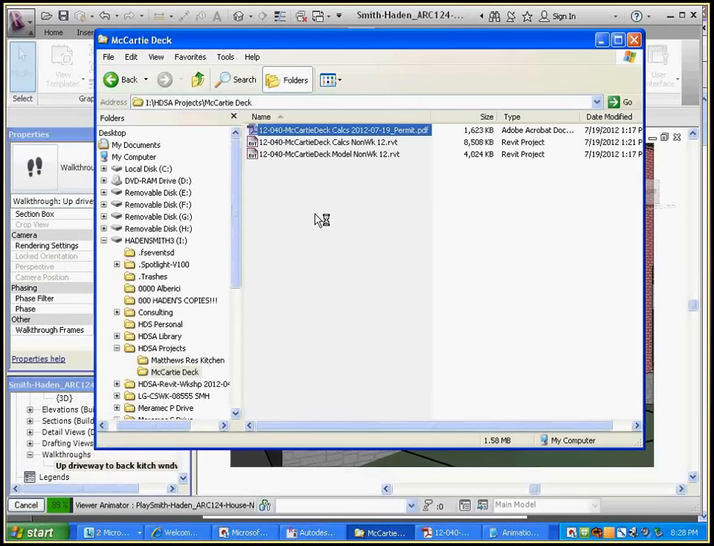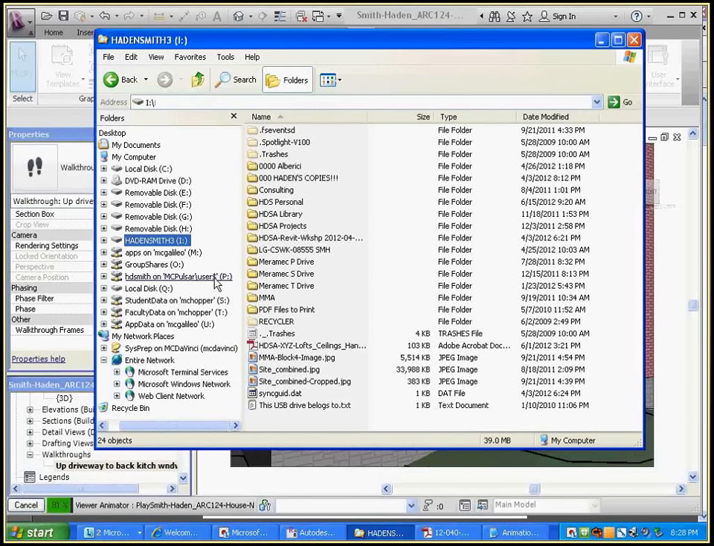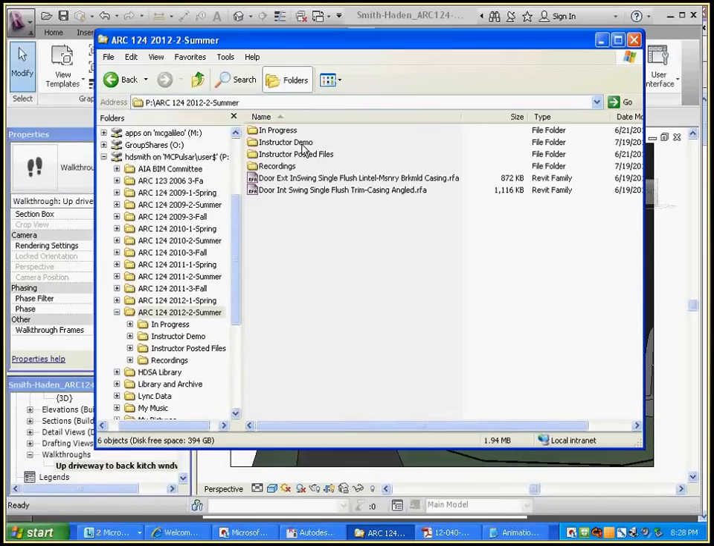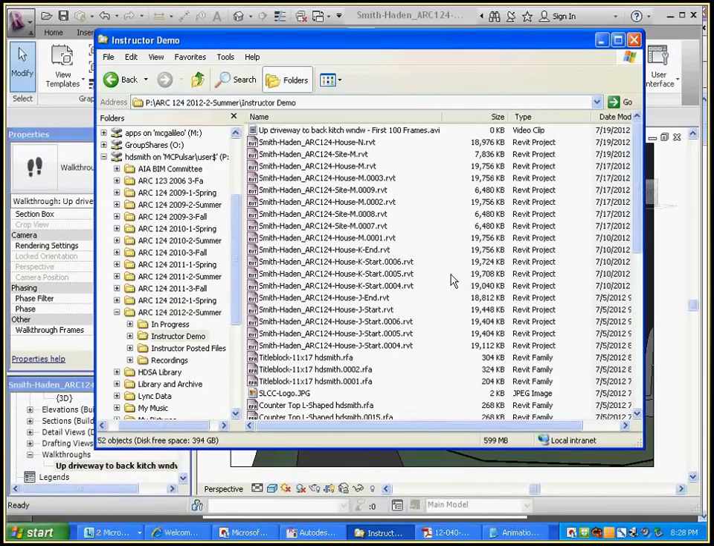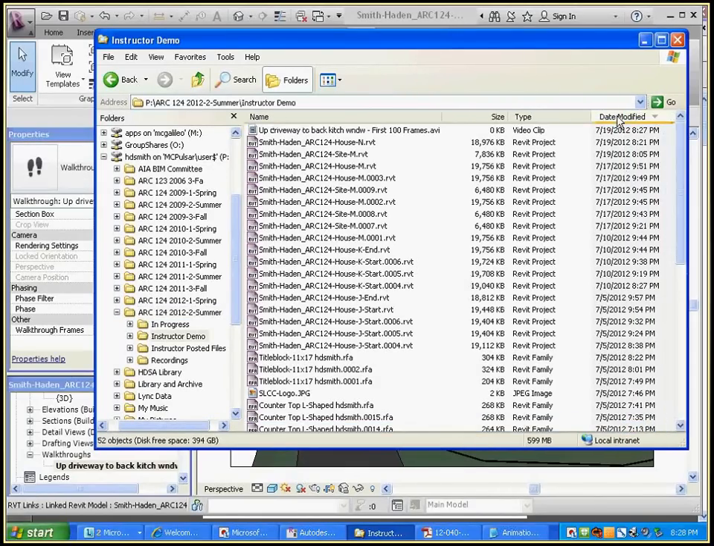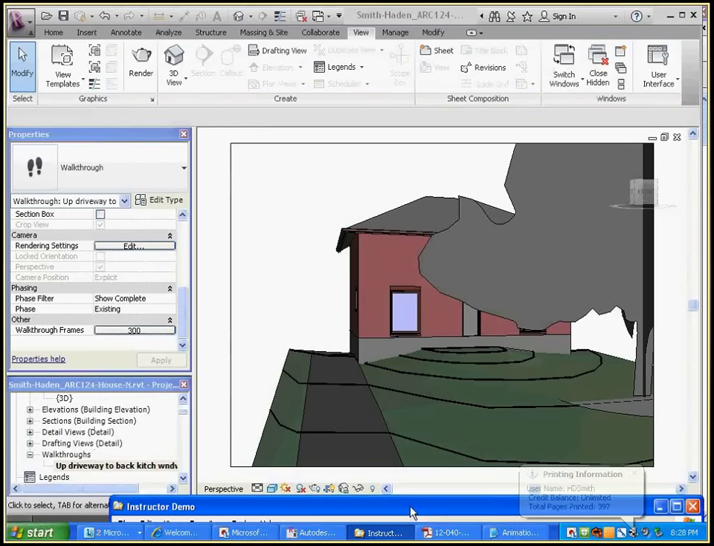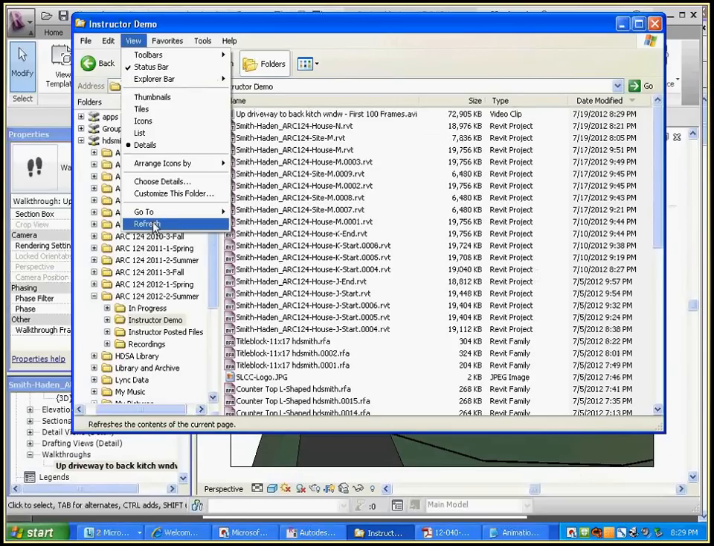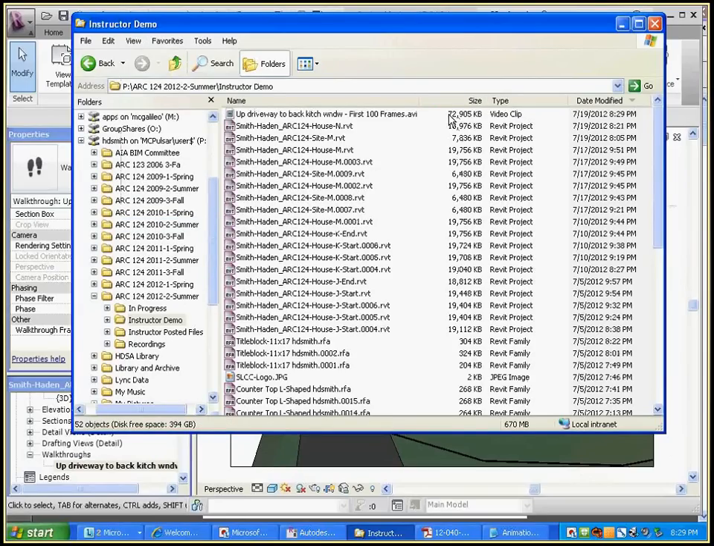So I'm going to go ahead and go to my folder here, which is on the P drive. Okay. So that's my student folder, essentially. And that's 8:27 p.m. tonight when I started that. It's now 8:28. It's still processing. Now it's done. So if I refresh the screen, I go to View Refresh. It's now 72.9 megabytes. So see how quickly these AVI files get uncomfortably big to try to email or even